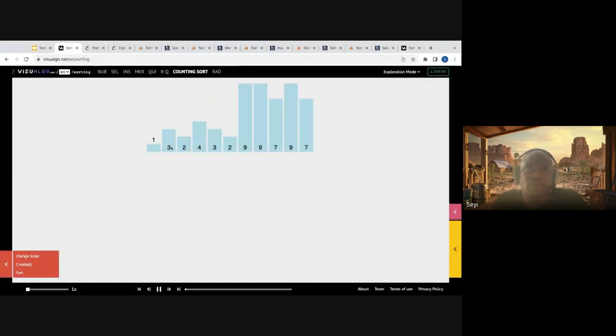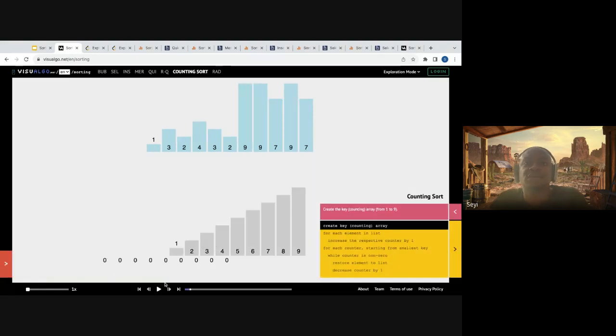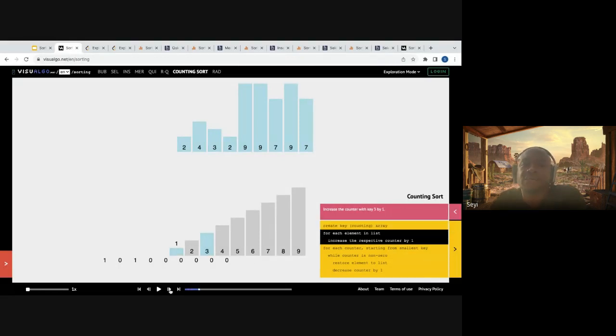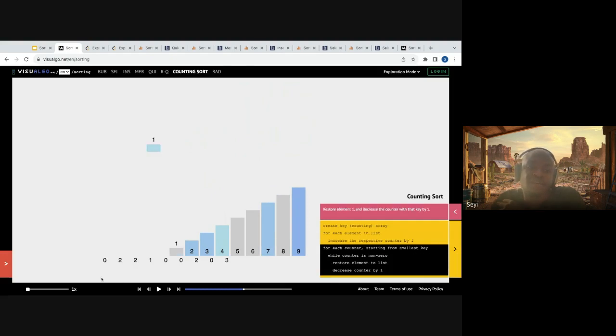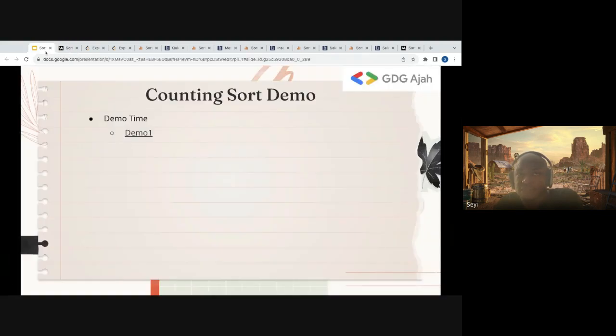This is counting sort. Let me create a smaller one. Okay, let me just sort it. So what they're doing here is they are creating buckets, or rather, they are counting the amount of times each element occurs. That's what they're doing here. This here is not really aligned, but ideally it should be aligned to the graph. So they count the amount of times each element occurs, and then they loop through and move the elements successively to add to the end. That's counting sort.